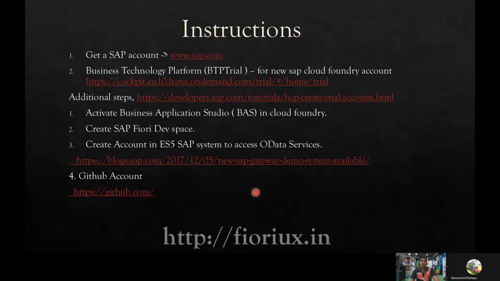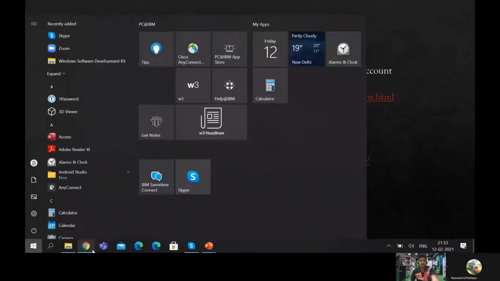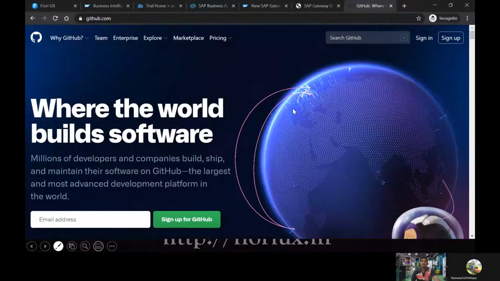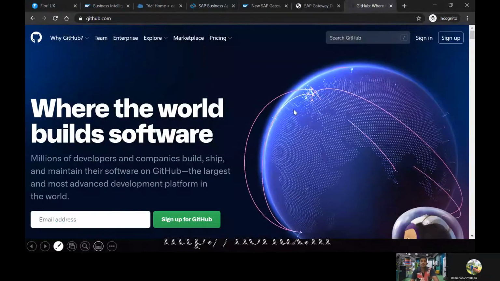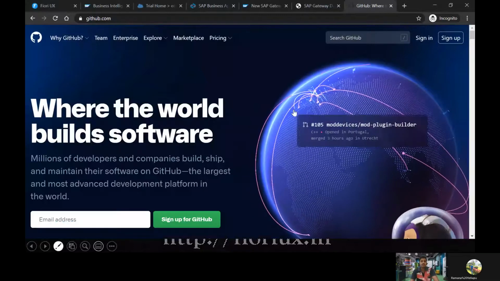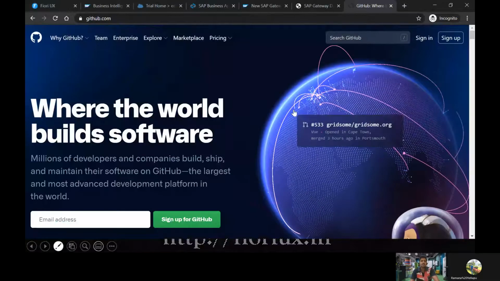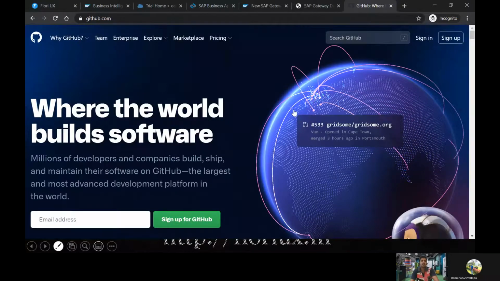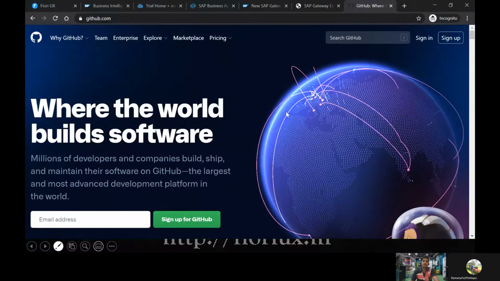Now we have successfully got access to Business Application Studio as well as to the backend ES5 demo system. There is one more option which is very useful for our further development. That is a GitHub account. Go to github.com and get yourself an account on GitHub. GitHub allows us to store all our repositories at a remote place. So as you have each and every project, if you would like to store it in some remote place, even after the 365 days of validity expire, we can have all our repositories available on GitHub. That is the advantage of linking